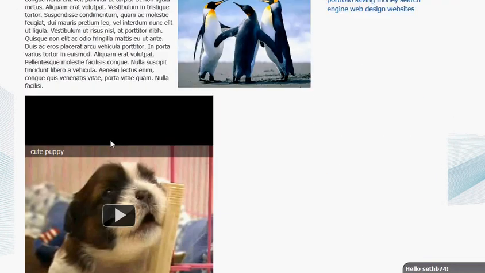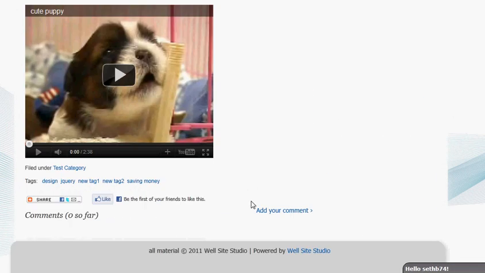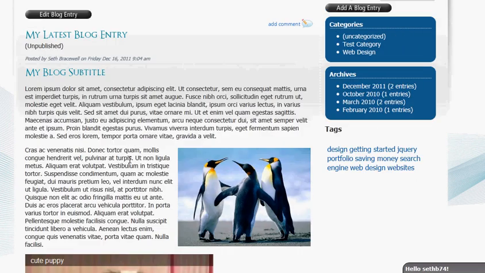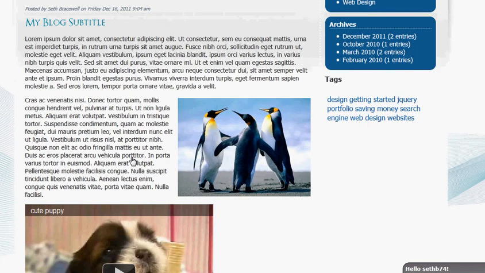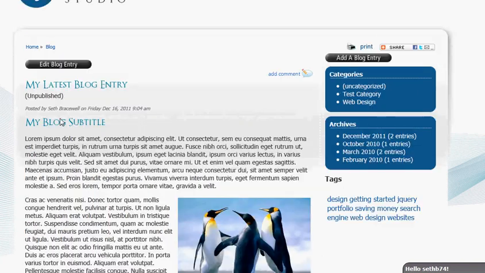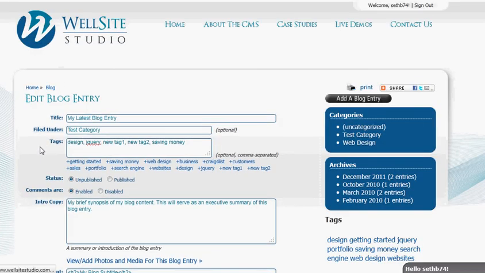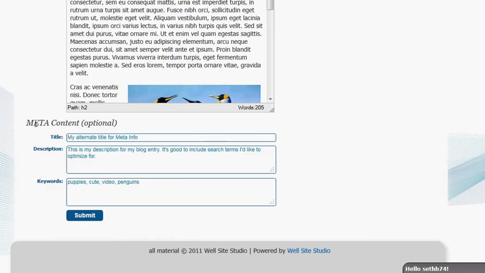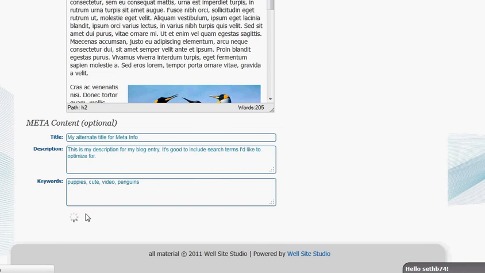You can do a preview of it. It's still not published yet, so you can just do a preview and see how you like it. And if you'd like to make any changes, you just click on edit blog entry here. I'm not going to make any changes, I'm just going to publish it. So if I click on published, submit,